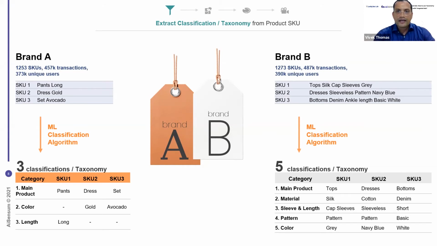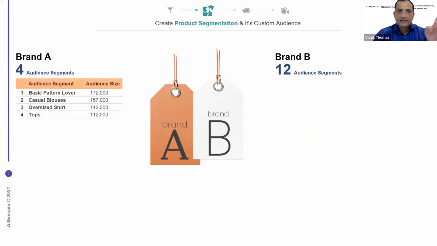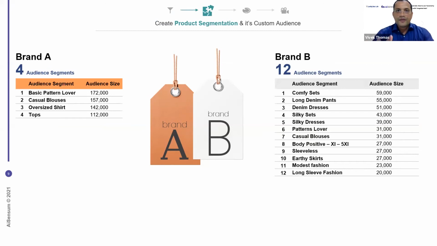Now let's see what we will do next. So we've taken this information. Remember, the next step is to do a segmentation, and we have done a segmentation on both of these. Remember, there were about 375,000 audience here, and this side also was about 350,000 audience. Now here in brand A, our algorithm is using an NMF technique. This is non-homogeneous, it can have overlaps. Okay, I won't go into the technicalities of why we're doing that. But here, we get 4 segments, these are the 4 segments brand A has got, and these are the sizes. Let's look at brand B on the other hand.